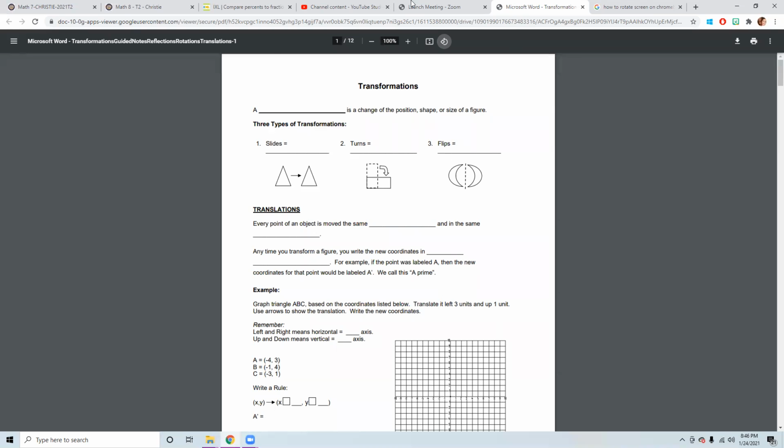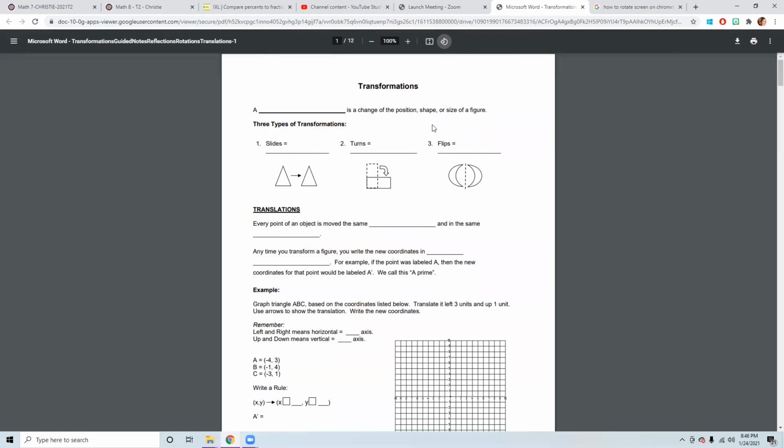Today is our last day in our transformations notes. So just a brief refresher, transformations is our entire unit. It's our umbrella term for moving and transforming figures on the coordinate plane. So it's a change in position, shape, or size of a figure. The three types of transformations that we're talking about keep the figure congruent, which means that it stays the